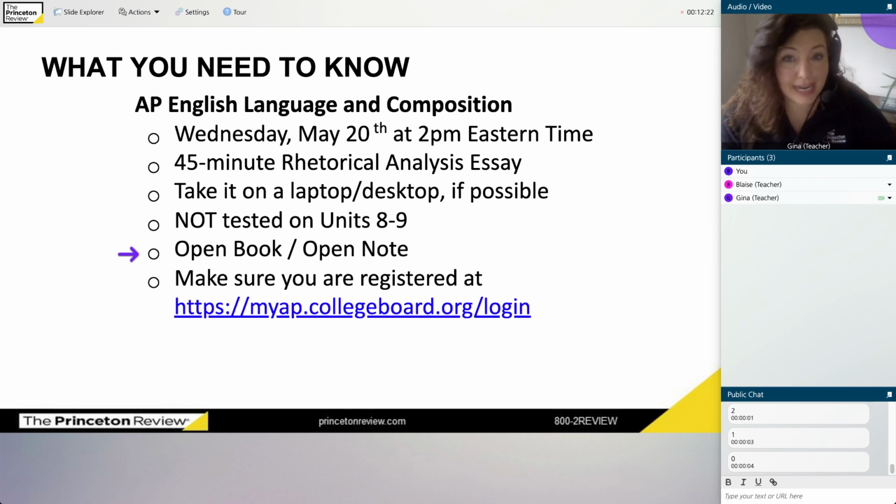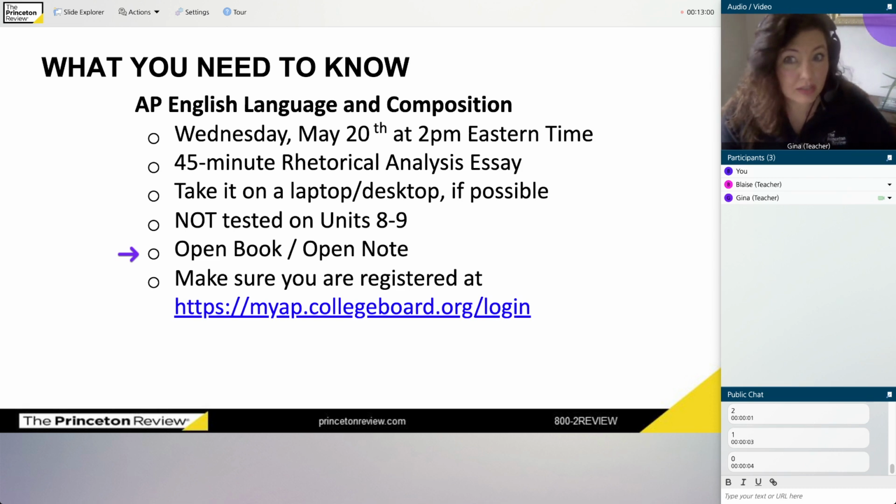Now, for other AP exams, perhaps the way you create your notes might vary, but we're dealing with AP English language today. So, in my opinion, your notes need to be fairly concise. They need to all be in one document, easy to access. And that way, if you do need to look something up, you can do it quickly because, again, you only have 45 minutes to write this thing and then 5 minutes to upload it to the College Board. That's going to go by really fast. And one of the basics to getting a high score on this is to write as much as possible. So you just don't have time to fish around in notes too long.